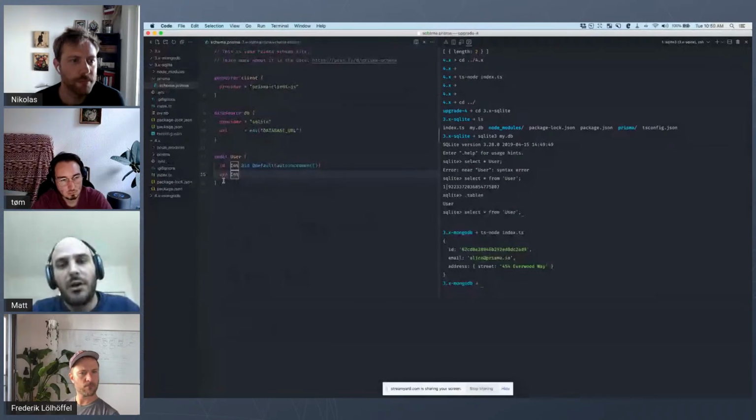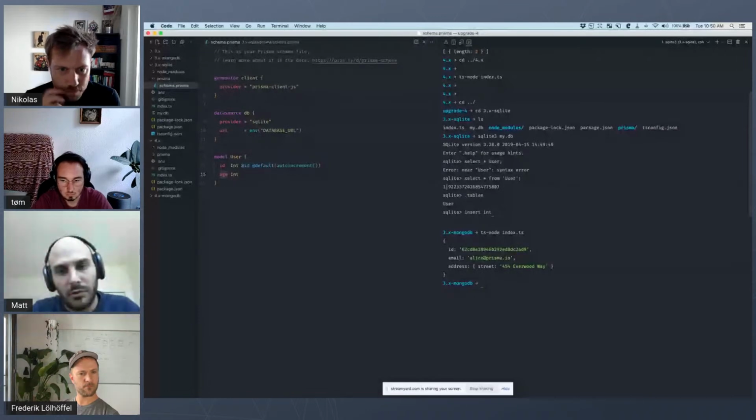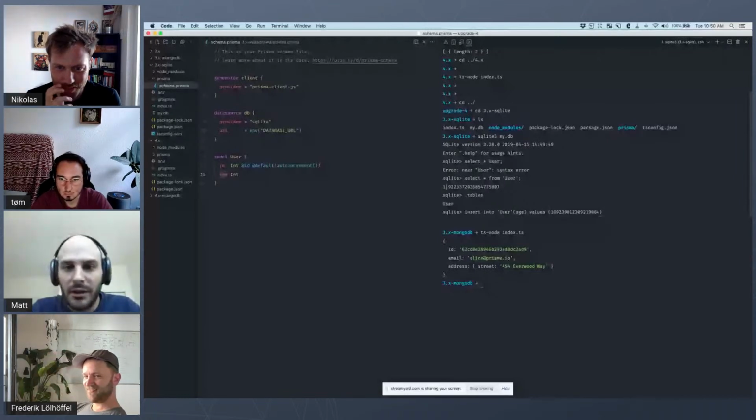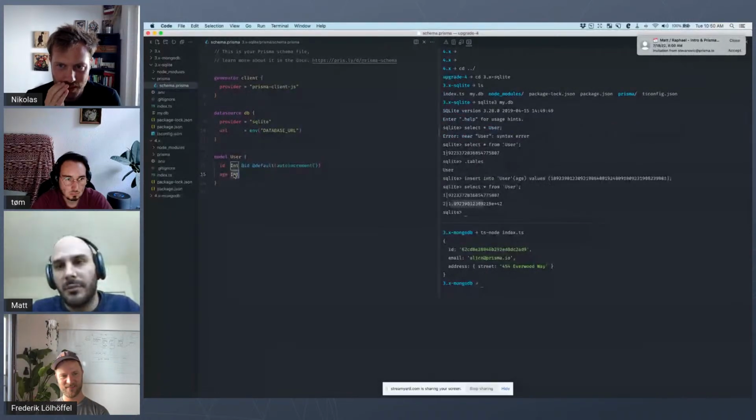So insert into user. It's been a while since I've written SQL values. All right, let me do age and then values, and then I can just put a wild number in here. And if I do that, it's going to just work. Even though it's an integer, it's going to work. And so that's because